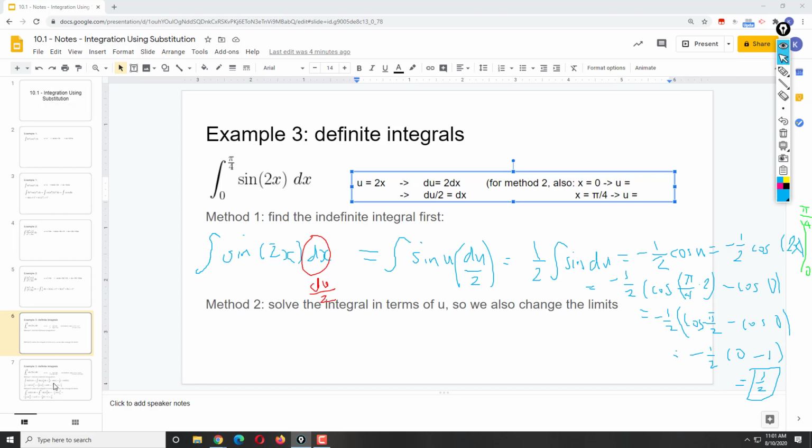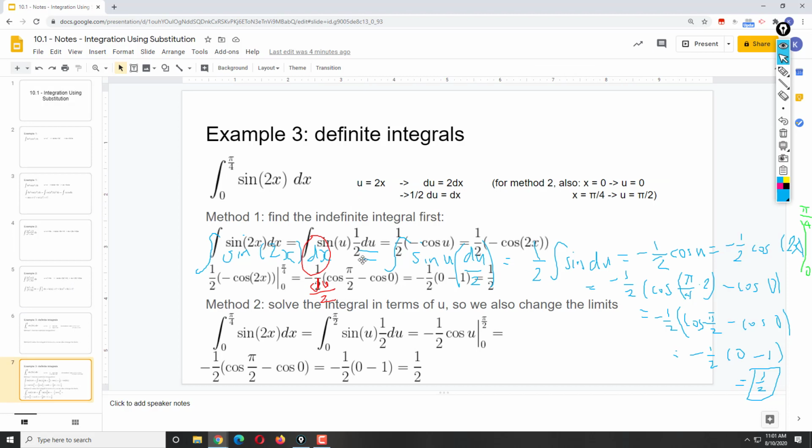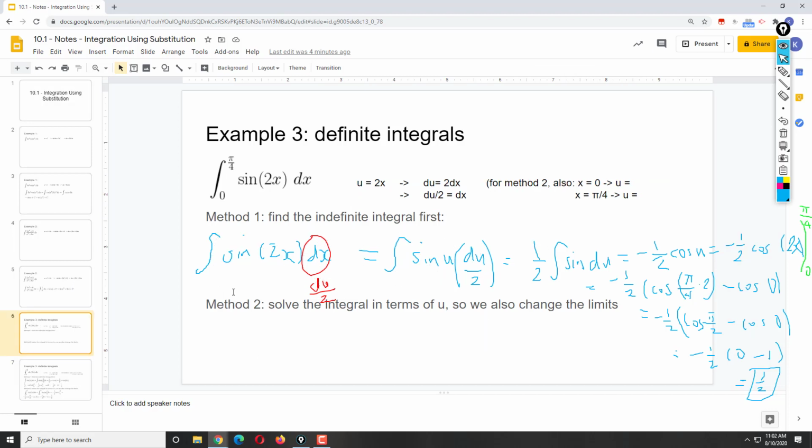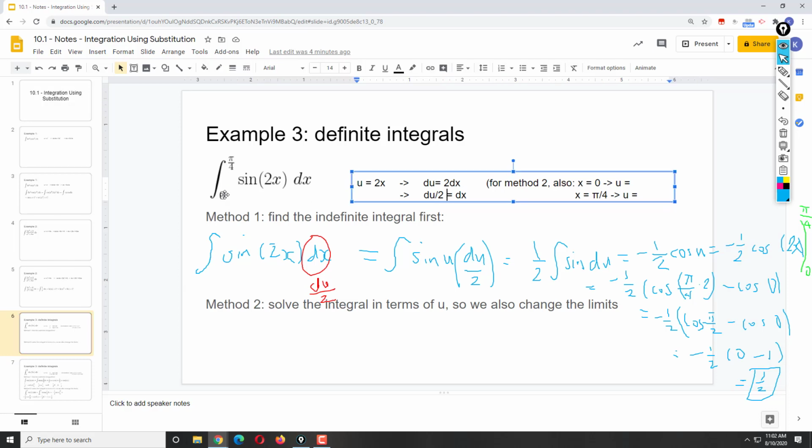In your notes, I have this typed out in LaTeX, so it's going to be a lot more clear. You can read this. That's one way of doing it: just do the indefinite integral and then plug in the limits. I think that's the easier way. Another way you can do this is, if we change it to u, I can also change the limits that we're integrating. So if we use the second method,